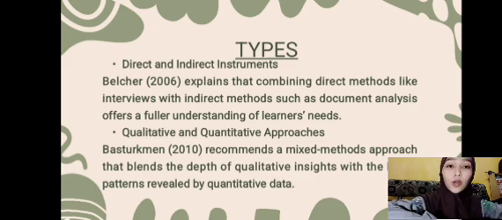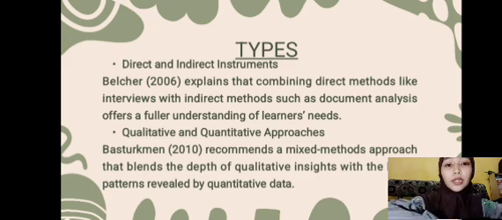And the second is qualitative and quantitative approaches. Basturkmen 2010 recommends a mixed method approach that blends the depth of qualitative insight with the broad patterns revealed by quantitative data. Alright, that is all I can present based on our group discussion.